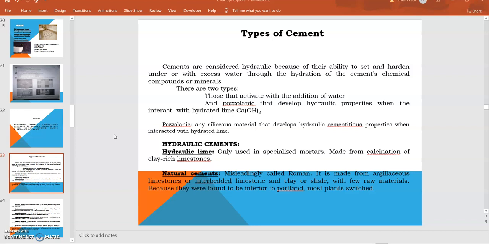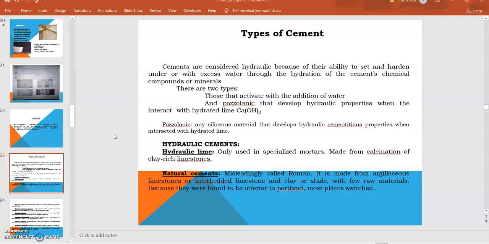So cement is considered to be a binding material, and due to its properties it can bind cohesive as well as adhesive materials together, and that's why it is the most usable and most important ingredient in concrete. There are two types: those that are active with the addition of water, and pozzolanic, which develops the hydraulic property when it interacts with hydrated lime. So pozzolanic is any siliceous material that develops hydraulic cementitious, that is binding, properties when it interacts